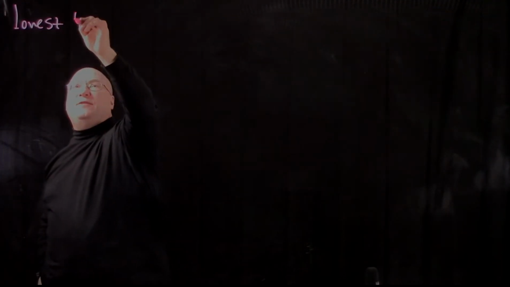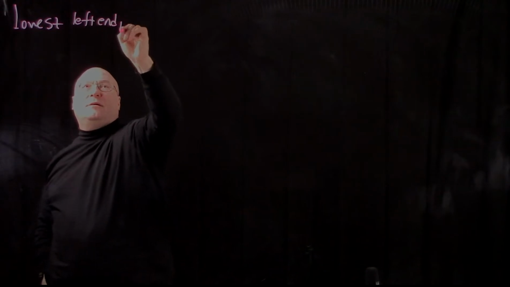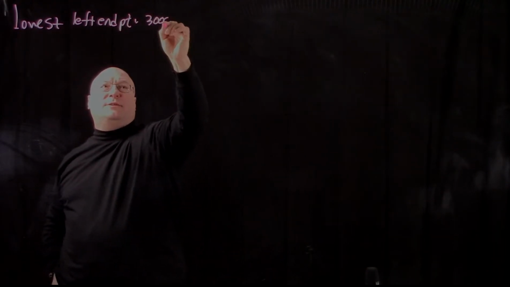All right. So what do we have? The lowest one is somewhere around 3,000 pounds, I think. So there's no reason to go below 3,000 pounds. And how wide should we make each class? What should the class width be? The lowest endpoint, left endpoint, probably 3,000 pounds is good. And what's a good class